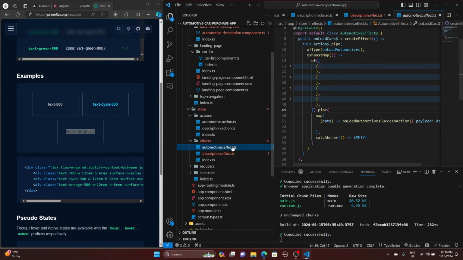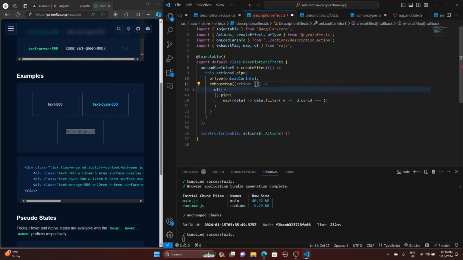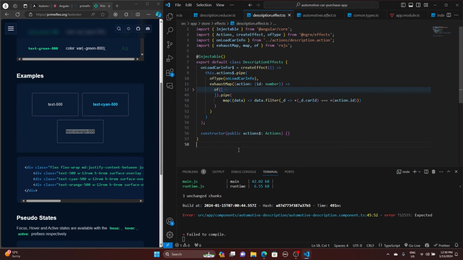So here, what I can really do now is, this is the action type that I'm getting over here. And now I can totally give it action dot ID. Both of these things should be exactly similar, and for safety purposes, I will be converting them to numbers. Whatever data I receive over here will then be supplied back to me. So if I save everything, the last thing that remains